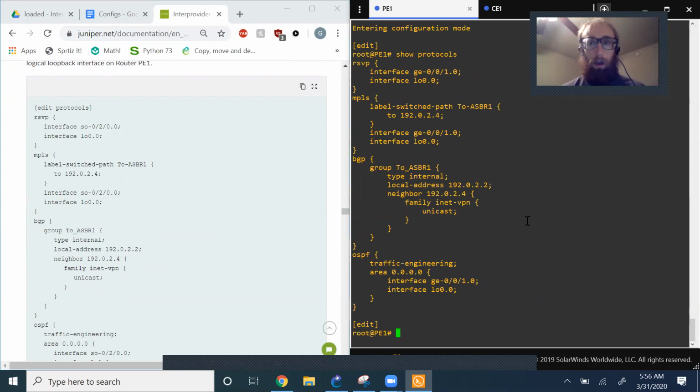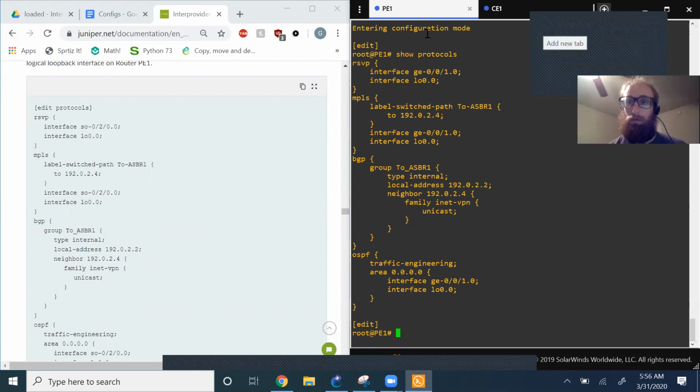That's because I haven't really transitioned mentally from configuration mode to non-configuration mode. So I don't know why this is there, but we can just ignore it for now. So let's check that all the protocols configuration is accurate. Here's a